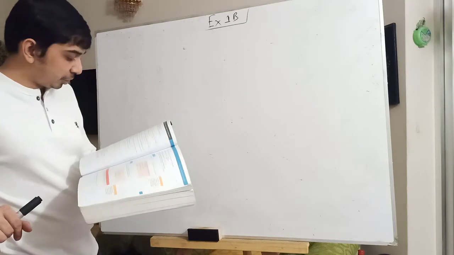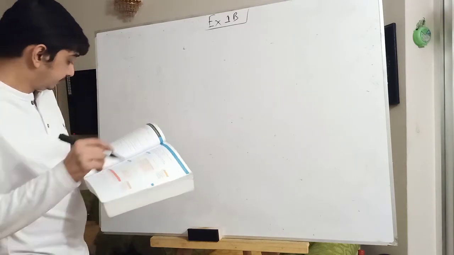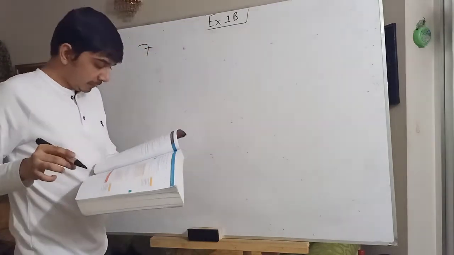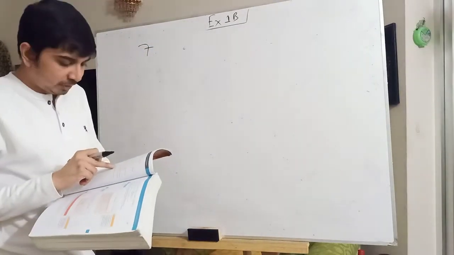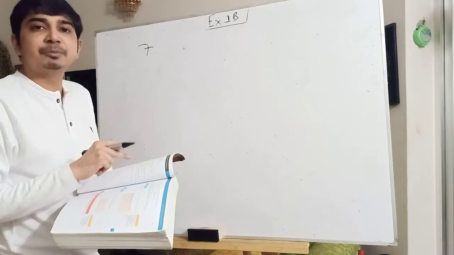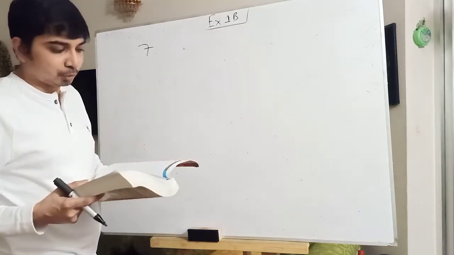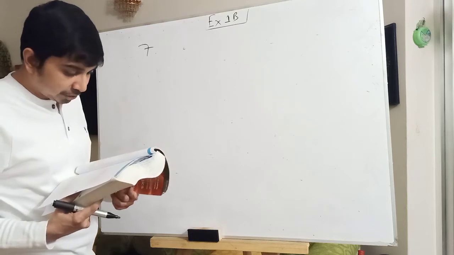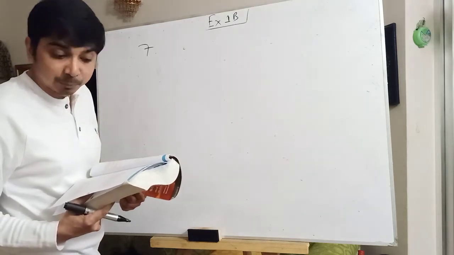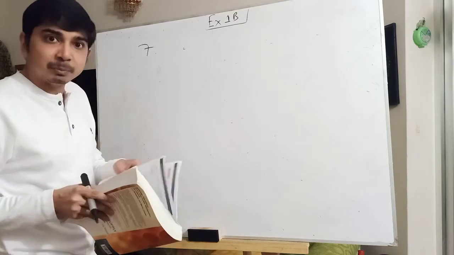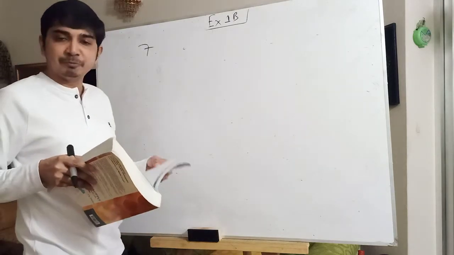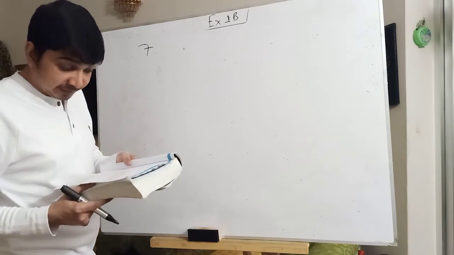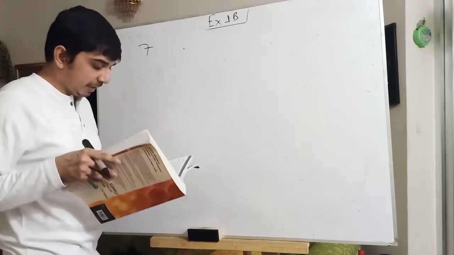So now we will solve question number 7. Before doing number 7, make sure that number 5 is absolutely clear to you, the technique that I showed. That technique is also demonstrated in the book in worked example 1.6, page 7. So you do number 5, make sure that you can do number 5 by yourself, and you can do worked example 1.6. Then you should try number 7.